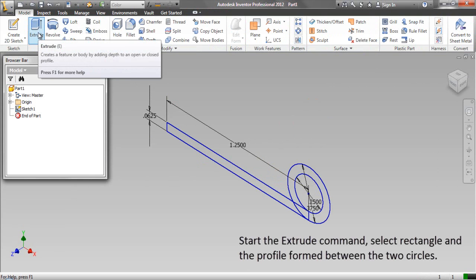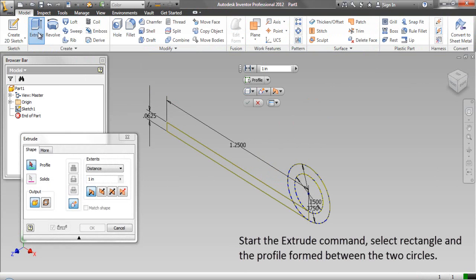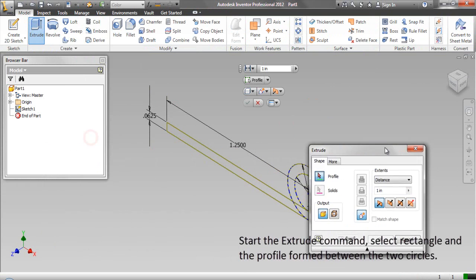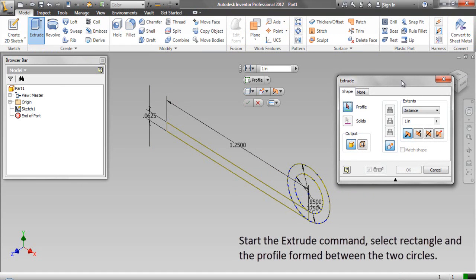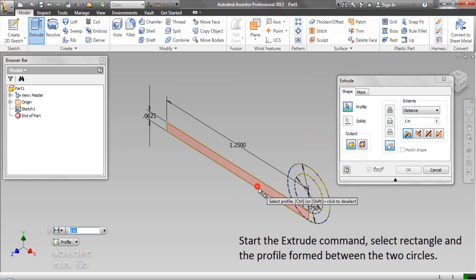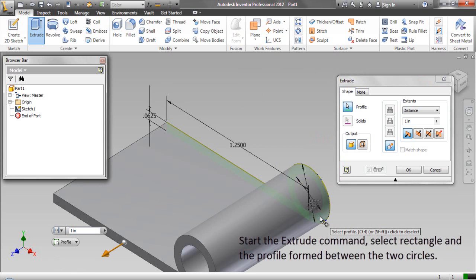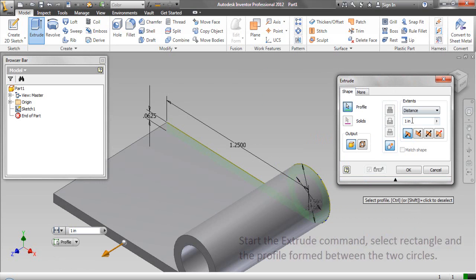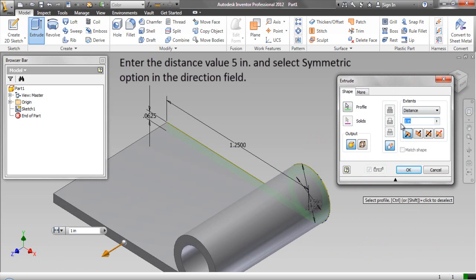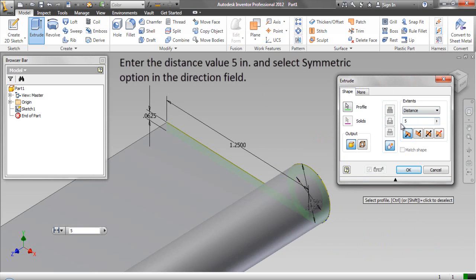Start the extrude command. Select the rectangle and the profile formed between the two circles. Enter the distance value 5 inch and select the symmetric option in the direction field.